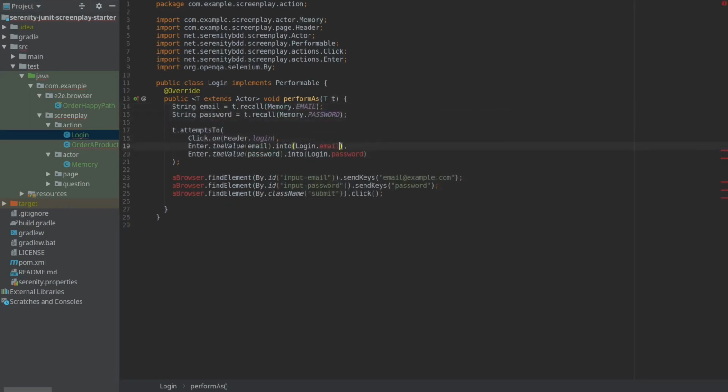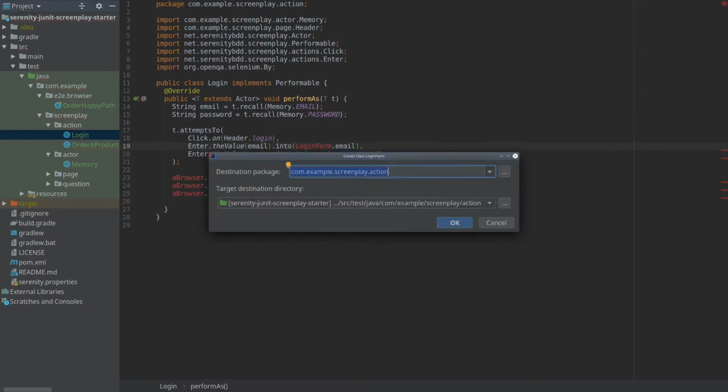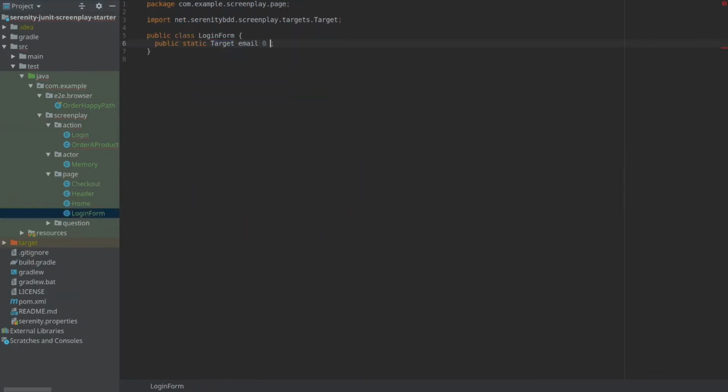The web elements we need now we'll collect in the login form class in the page package. It is not a page object though, it's just a list of element locators with descriptions.